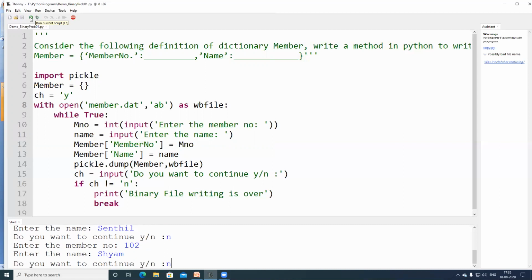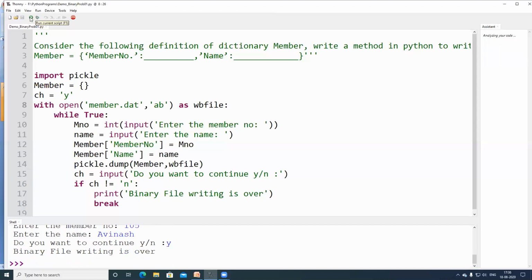I am giving no. 103 as an input. 104. 105. If I am giving any other input other than n, it says that binary file writing is over. All right, we have successfully done with the first problem. The data has been written onto the file.